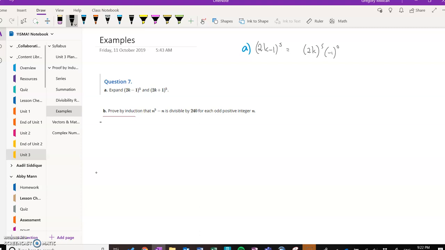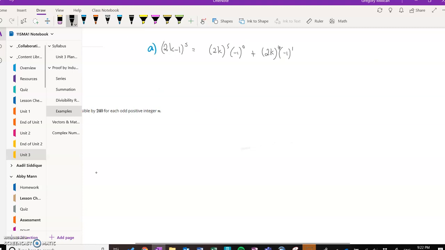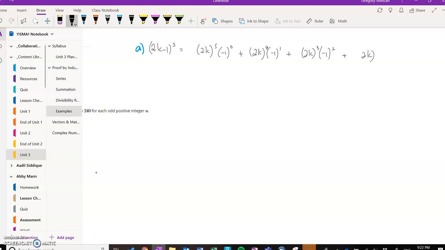There will be coefficients and we'll deal with those in a minute. So 2k to the power of 4 times negative 1 to the power of 1, plus (2k) cubed times (negative 1) squared, plus (2k) squared times (negative 1) cubed,